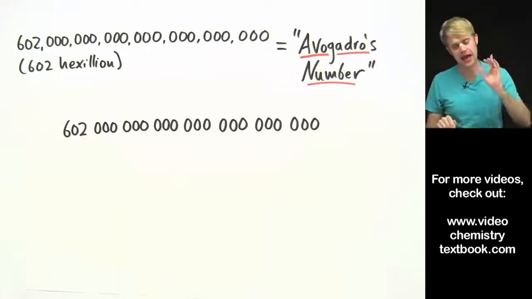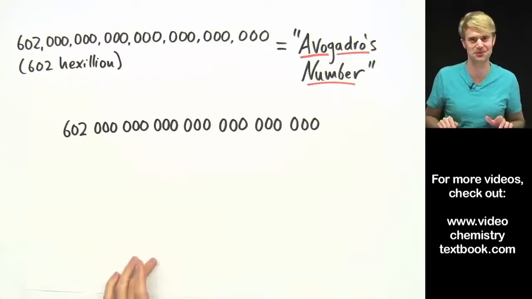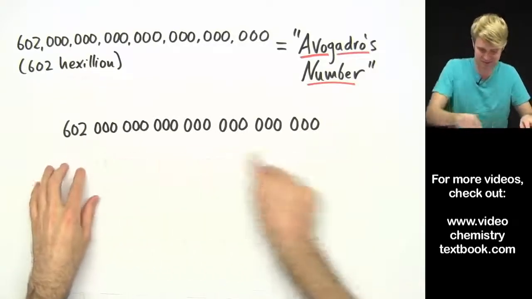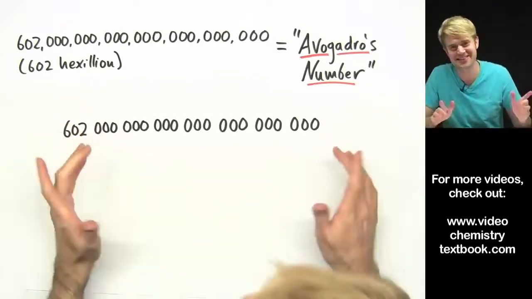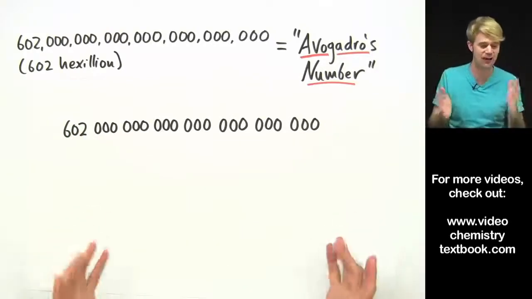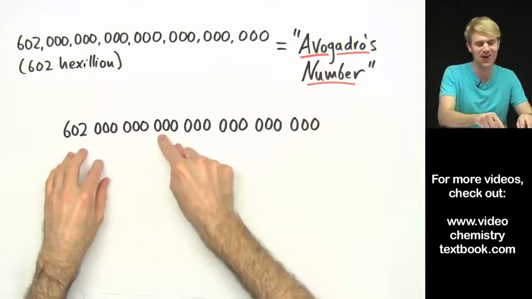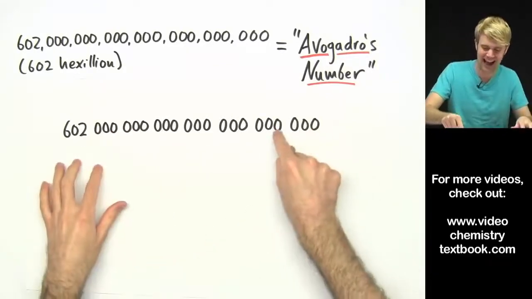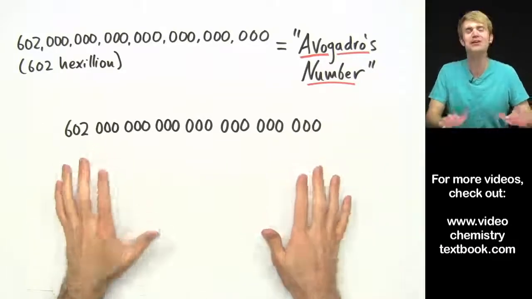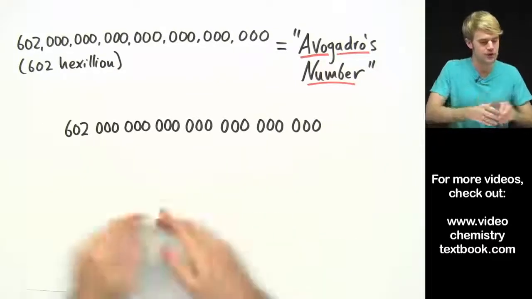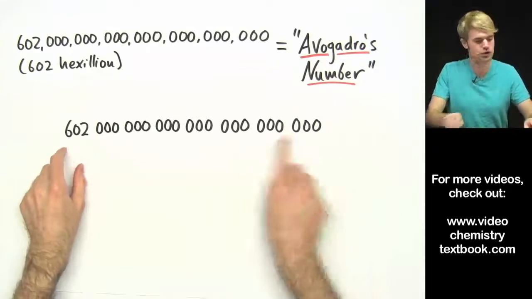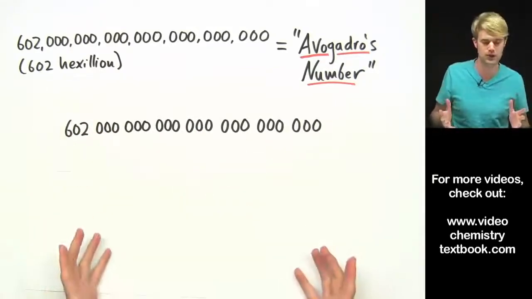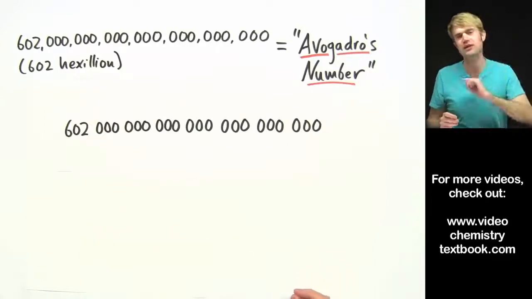Think about what a pain it is to deal with this number, right? If you're doing math by hand, you've got to write this out and do your multiplication and division with 21 zeros. Even if you're using a calculator, you've got to type in all these zeros and make sure you have the right amount. And then when you get your answer, you've got to go back and count how many zeros your answer has. It's a total pain. So instead of writing out 602 hexillion with all these zeros every time we want to talk about moles, we tend to abbreviate this number.